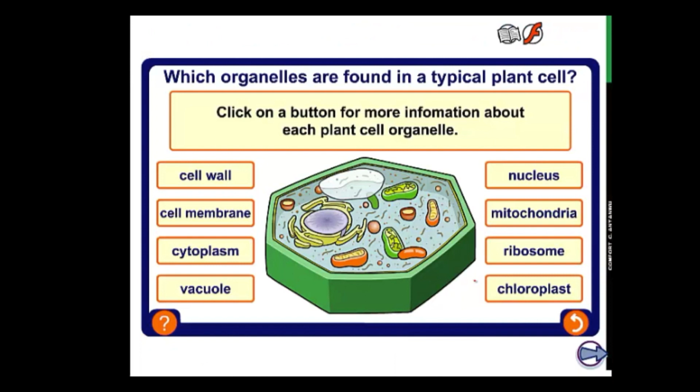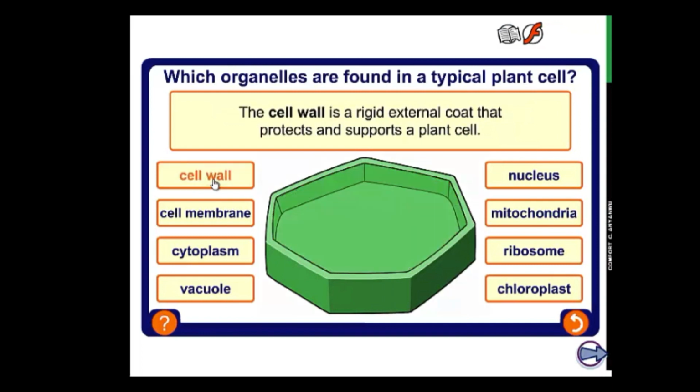Now let's look again at what each of these parts does for the plant cell. Let's start with the cell wall. The cell wall is a rigid external coat that protects and supports a plant cell. Now, animals don't have a cell wall because we have our bones to give us support and structure. We've also covered the cell membrane, the cytoplasm, nucleus, mitochondria, and ribosome; they do exactly the same thing as we have